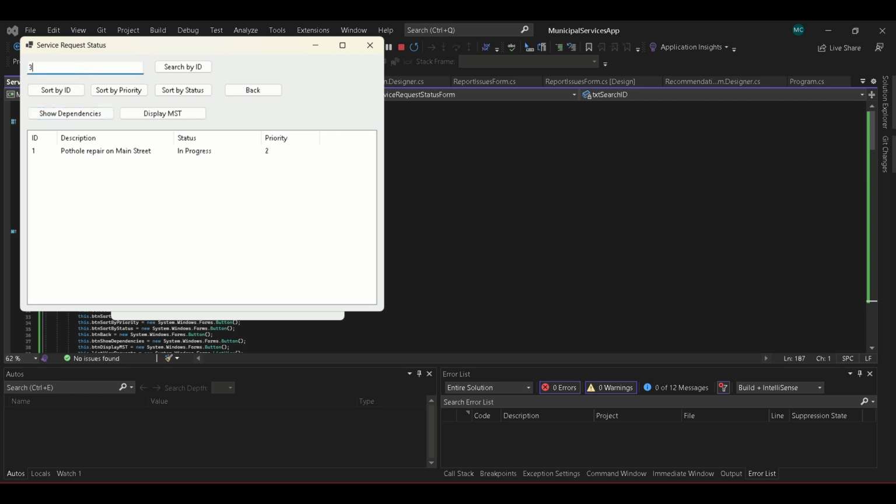Let's go to number 3 and do the same thing. Let's see the dependencies for number 3. For number 3, we can see that it has dependencies. Let's try for another one. Let's go for search ID number 7. We can see this one, 7, has a lot more dependencies attached to it. We can go with number 2, show dependencies. There's just 2 dependencies at the